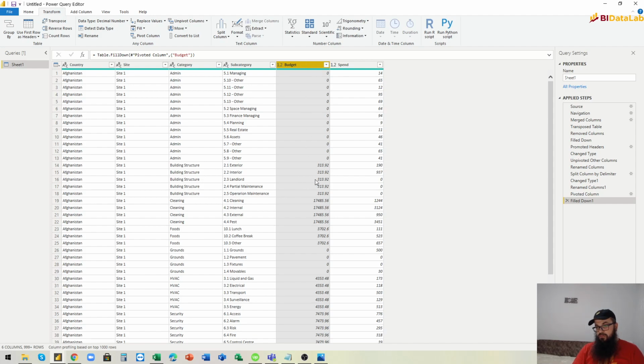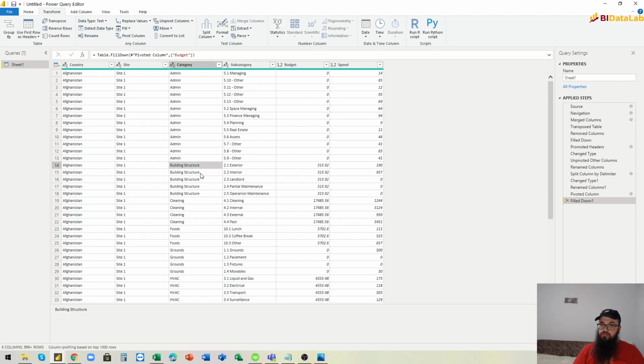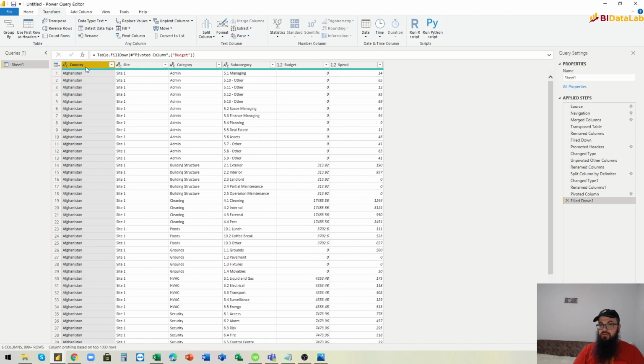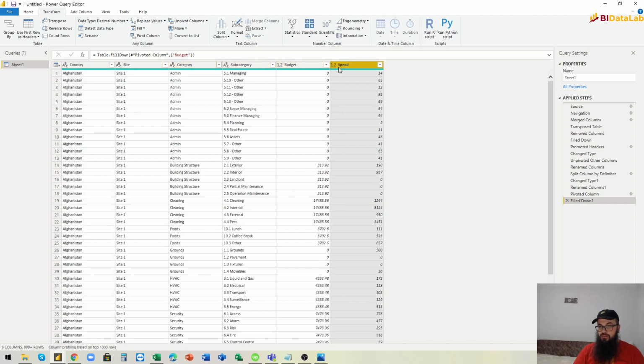And we also need to take care that we cannot divide this budget for each subcategory, but as a total, this amount belongs to the category column, category values. Okay, the data type is right, so this is the best way to load this data